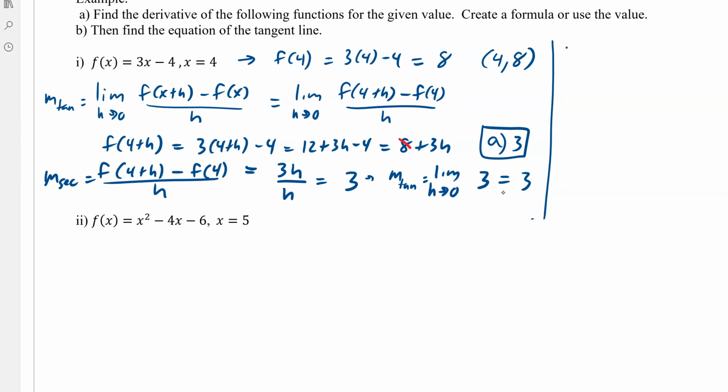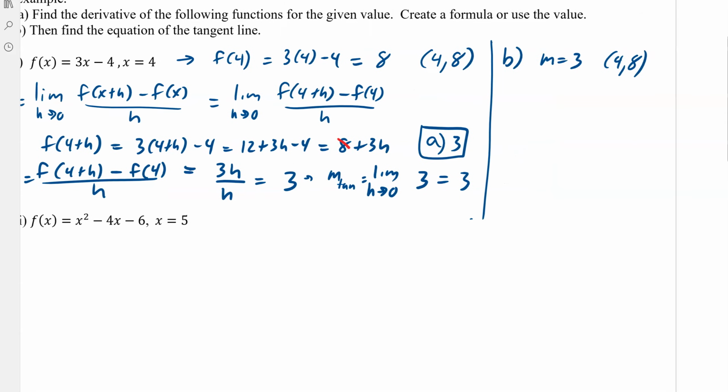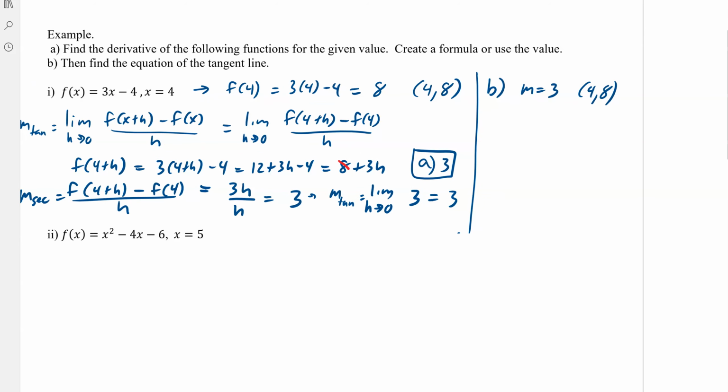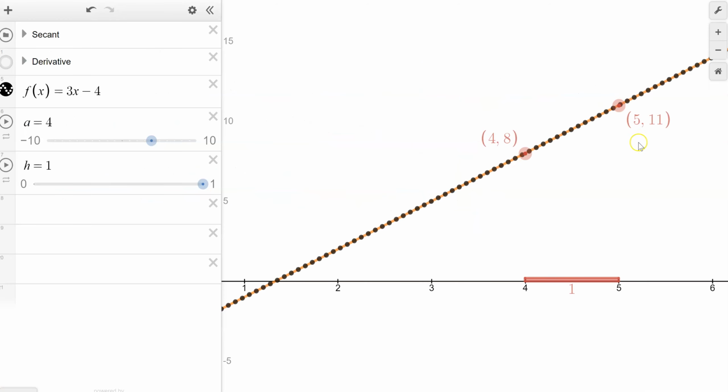Part B, now we want to find the equation of the line. So you're going to take that slope of 3, that point that we found, (4, 8), because what we're doing here is this. So we first found the slope of our secant, and that was 3. And then we took the limit as h approaches 0, which gave us our derivative. And so now what we're doing is taking that point, (4, 8), and the slope